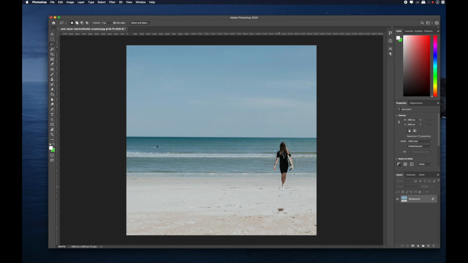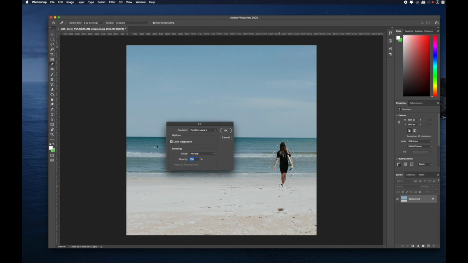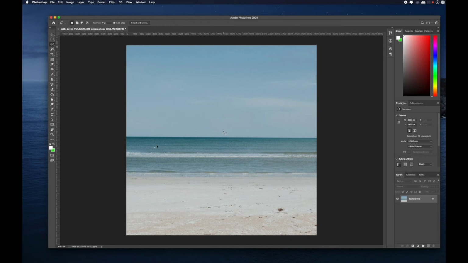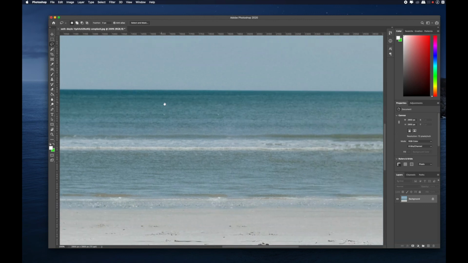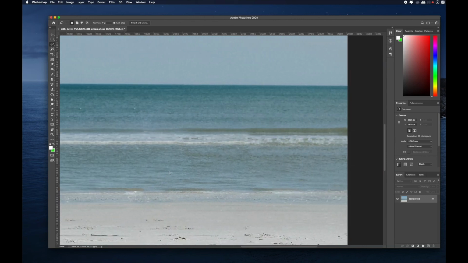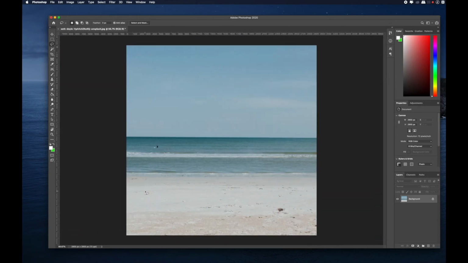Now if I go to my Shift Delete option and select OK, both my subjects are cleared, and it has done a pretty good job. If you zoom in, it has done a pretty good job. For such things you can use the clone tool and then clear it. So I hope this content aware option is understood by you.